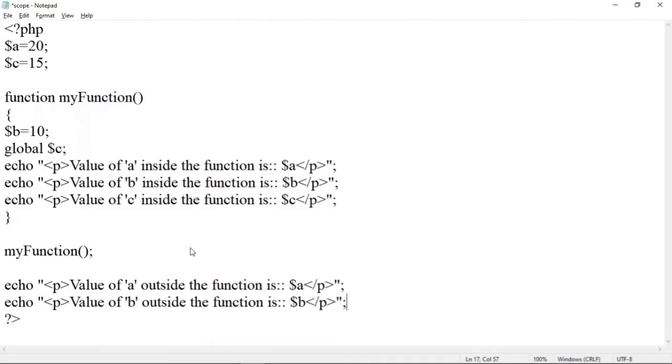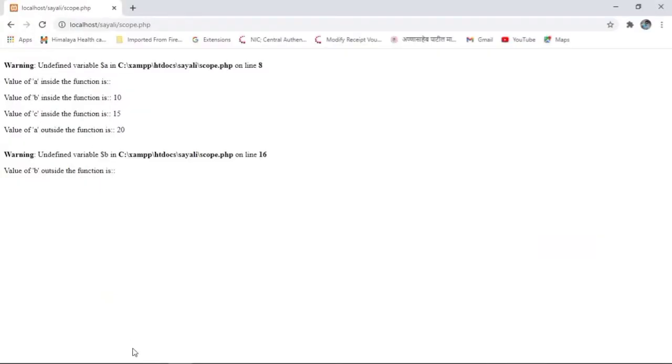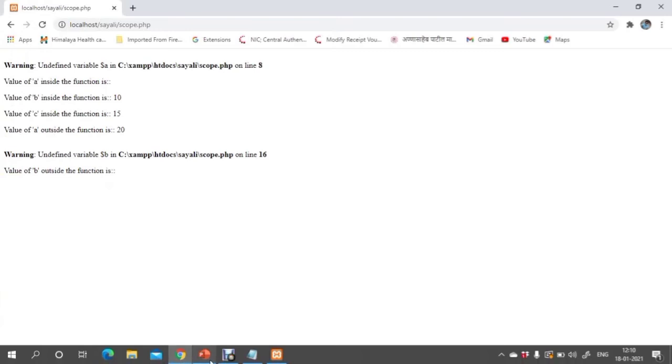So in this way we can understand about a local variable and global variable. See here, these two variables are declared outside of the function, but we can access those within a function with global keyword.